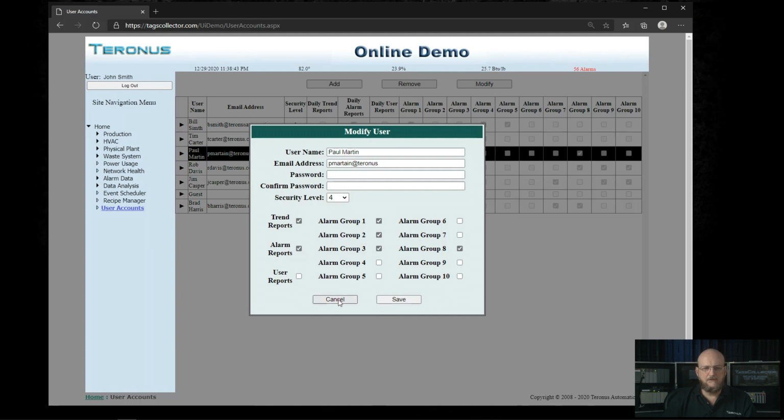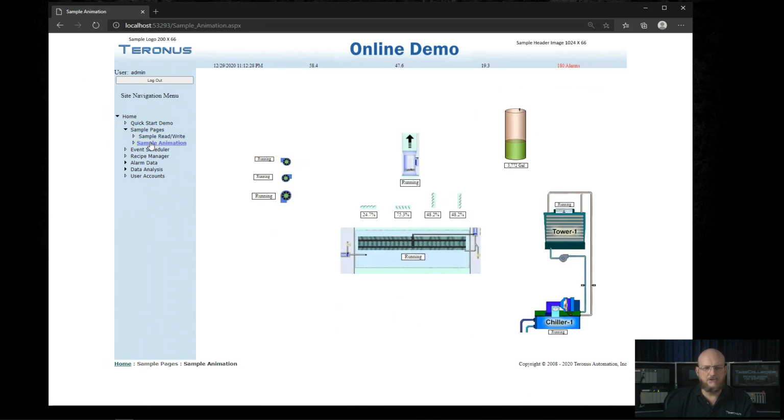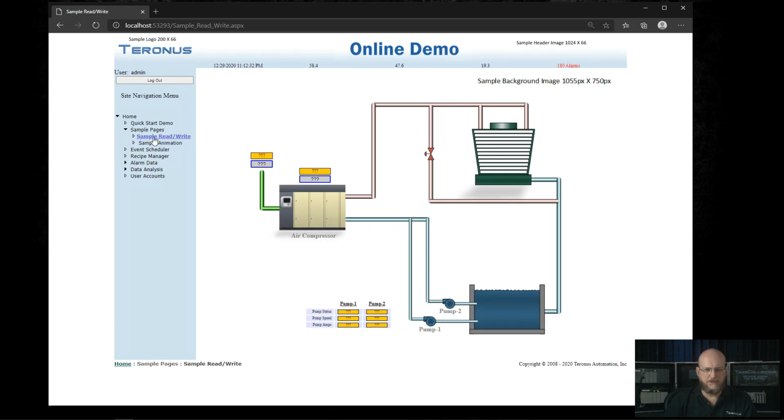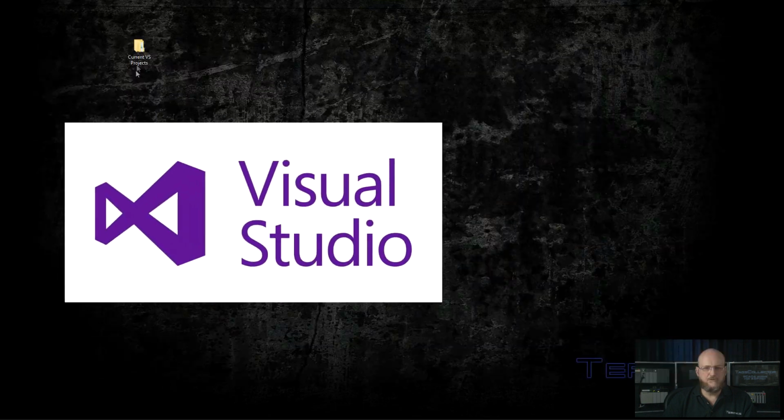And lastly, there are some sample content pages that can be quickly copied and modified to generate an unlimited number of custom pages. In this demo, we will be copying and modifying the sample read-write form to create our first custom content page. For developing the user interface, UI for short, you will need to have Microsoft's Visual Studio and